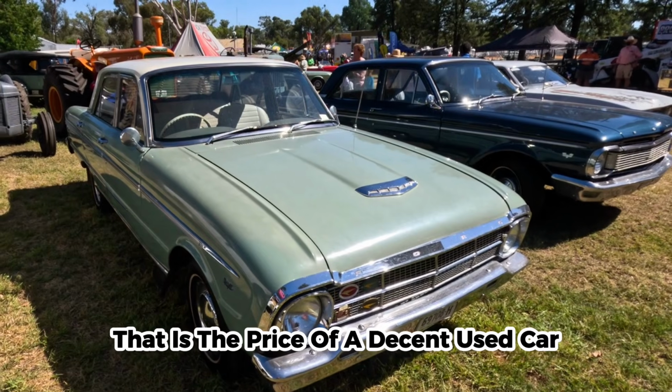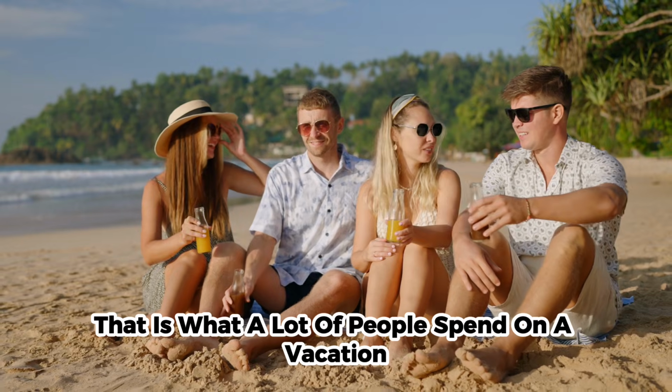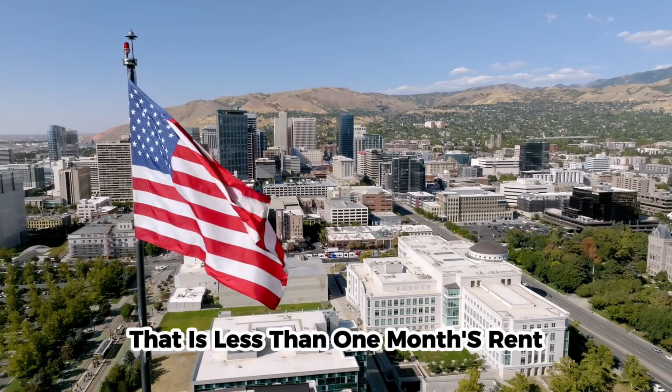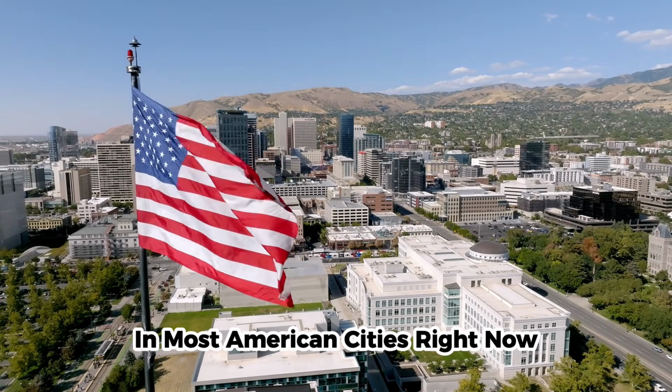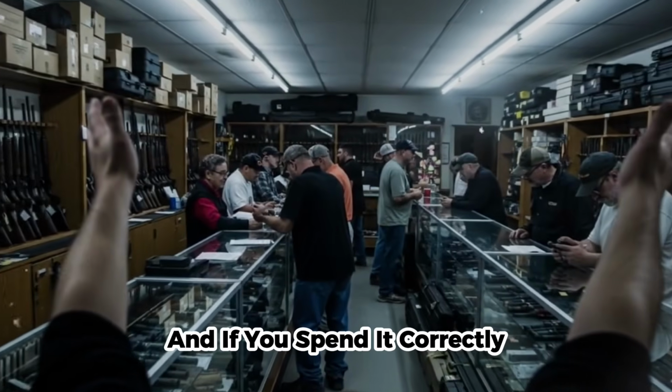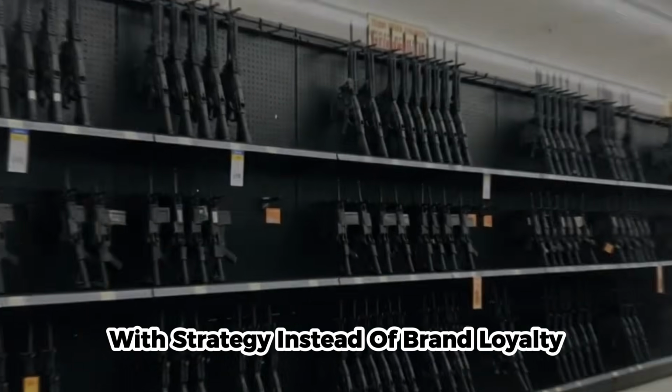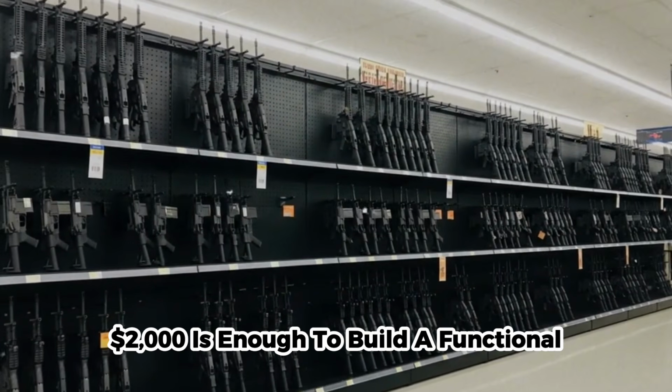$2,000. That is the price of a decent used car. That is what a lot of people spend on a vacation they will forget in 6 months. That is less than 1 month's rent in most American cities right now. And if you spend it correctly, with knowledge instead of impulse, with strategy instead of brand loyalty, $2,000 is enough